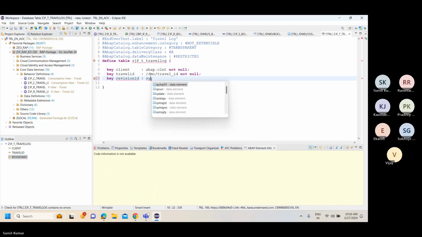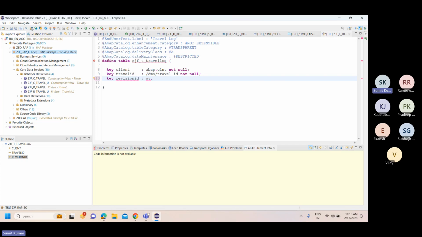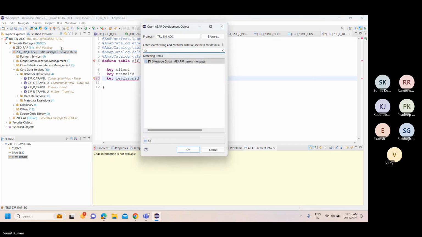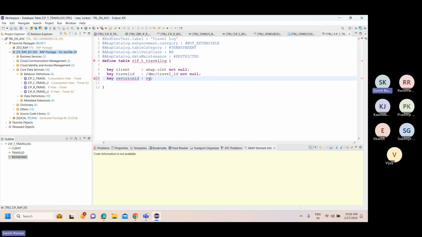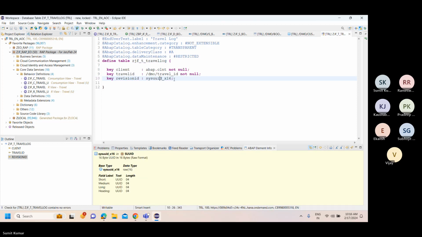There is a data element anyway for it, just copy this. Other than that, we would also like to save some additional thing, saying updation log,